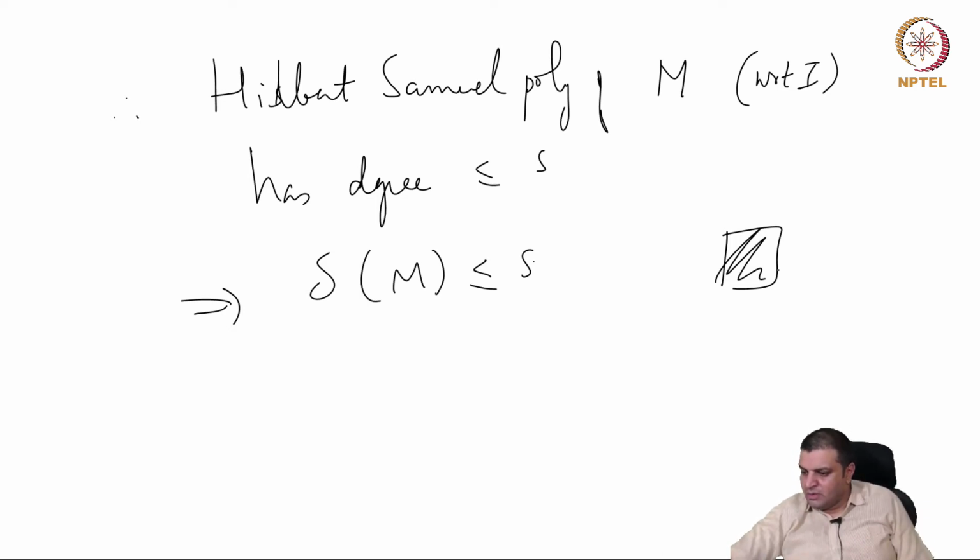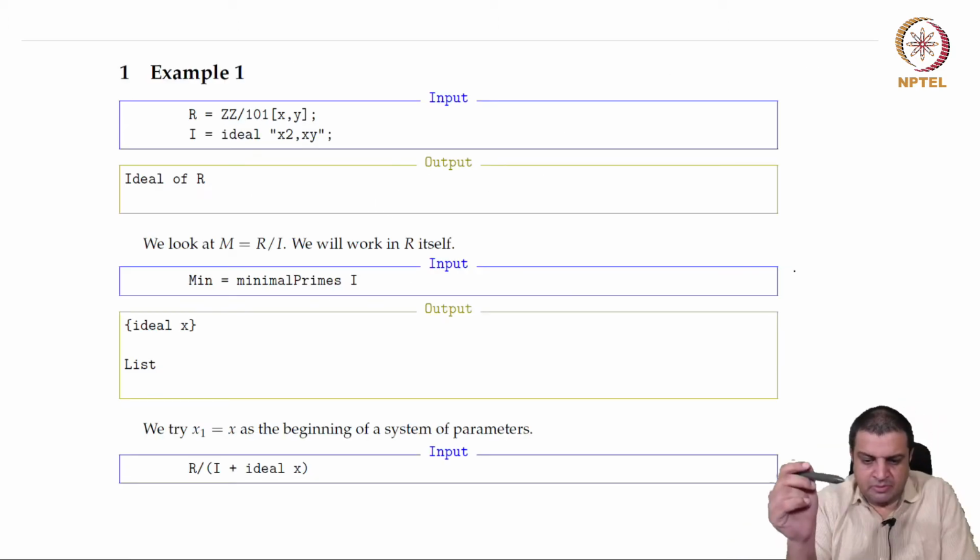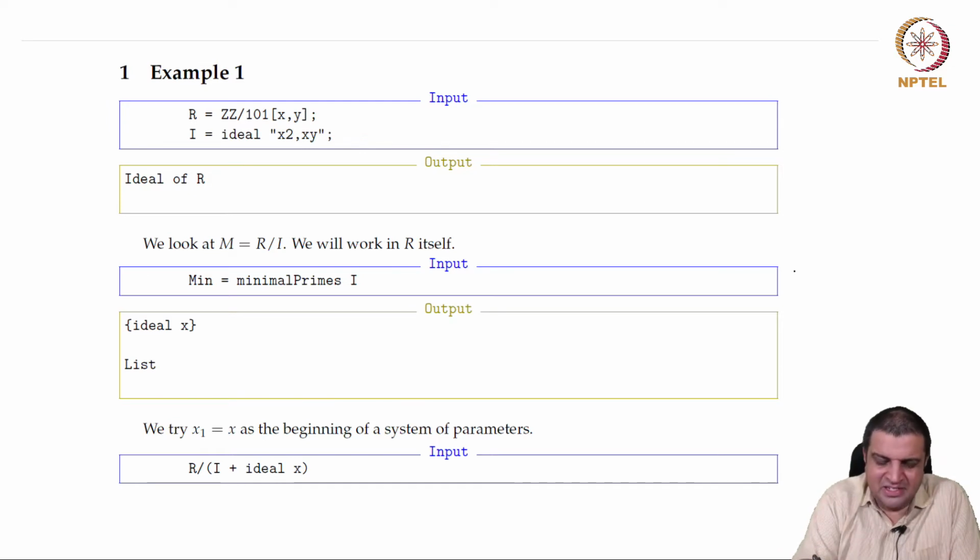in Macaulay before we prove Krull's theorem. Okay, so now let's look at this example. The first example, we have seen variations of these ideals earlier. In the input, we take some field k adjoin two variables and we look at the ideal generated by x squared and xy. What we want to consider is the quotient, where the module is the quotient